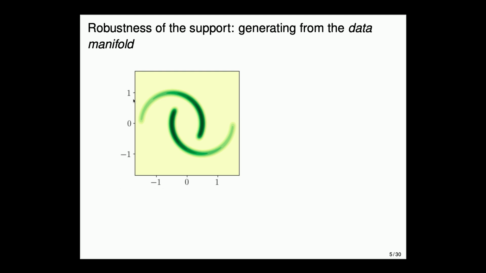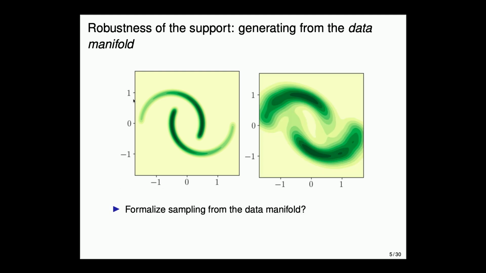Now, if you take a score based diffusion model that is producing, this is the kernel density estimate using samples produced by a diffusion model, but with errors. So, the underlying score of this diffusion model now has order 1 errors, which are just randomly added, okay. And now you can see you get this distribution. It is wrong as expected. However, it is wrong in an interesting way, in that you can still see, roughly speaking, the support of the target distribution contained even though there are errors in the diffusion model.